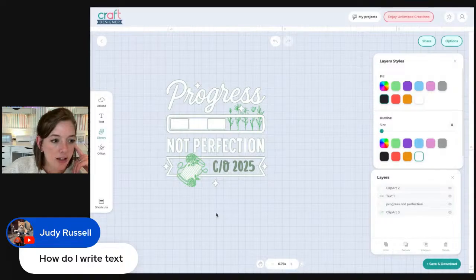And then let's see, what else do we want to do? Oh, well, I could create a true offset. There is an offset button here. You can achieve the same effect with outline like we've kind of been doing, but you can use the offset button here. I forgot to mention that.